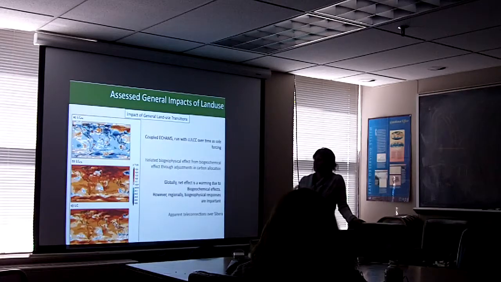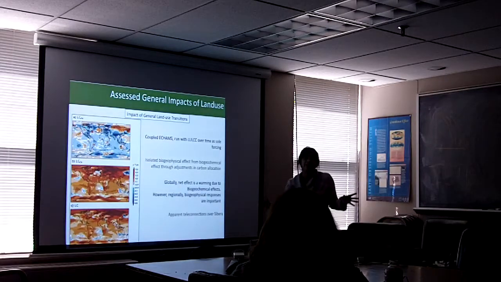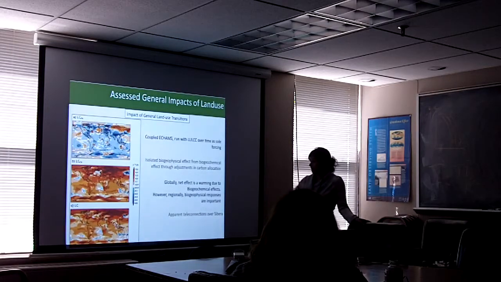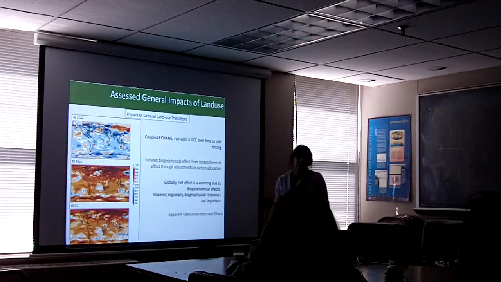Yet another study that just looks at cropped areas generalized as grass, right? This is actually a study run by Julia Pongratz, using a coupled climate model run with land use, land cover change as the sole forcing. And what she'd done is isolate the biogeophysical effect that we talked about, all those variables and their uncertainties,